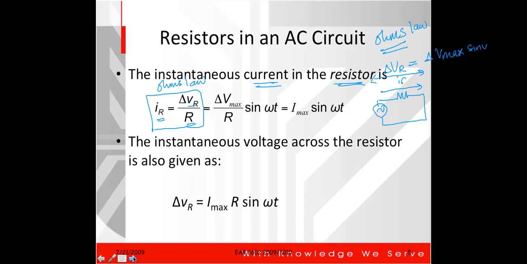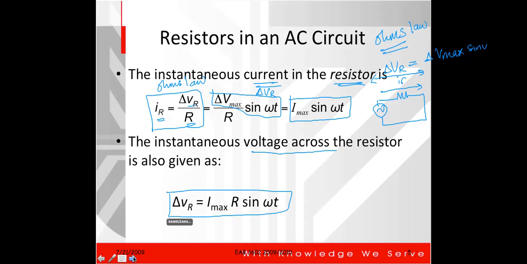Masukkan balik equation sebab this one delta VR is equal to delta Vmax. Okay. So dalam case tu, or you can also write down Imax is equal to sin omega t. So the instantaneous voltage across the resistor can be written by,